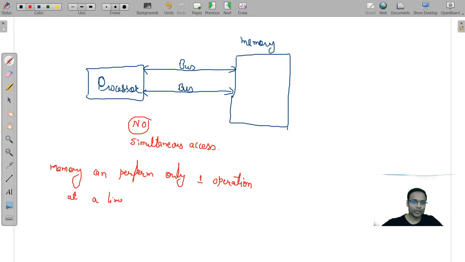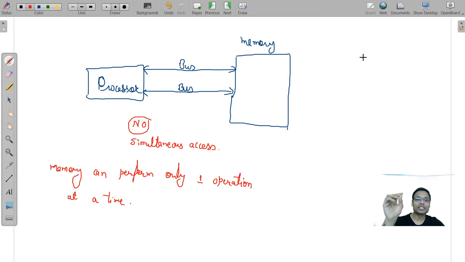That is why, if I want to solve this problem, instead of having only two buses, I should have even memory also two. I should have two separate memories. Means I should have two persons to talk to. One is talking to mom, one is talking to the friend. If you are understanding this,